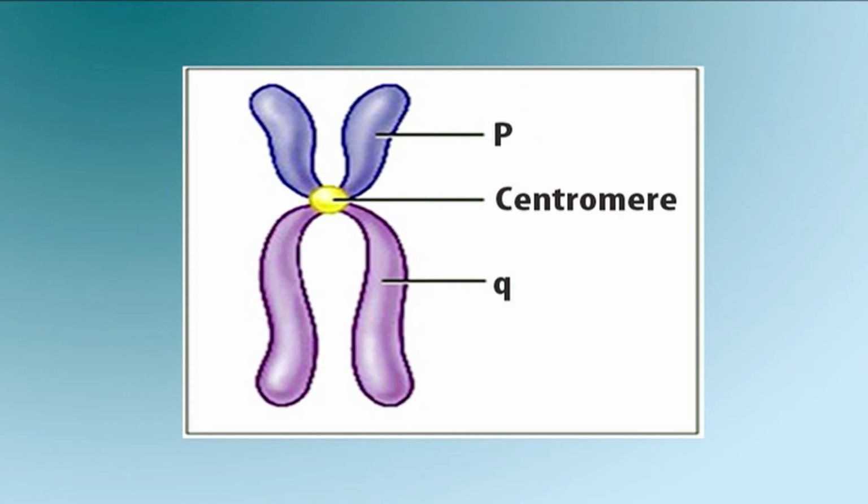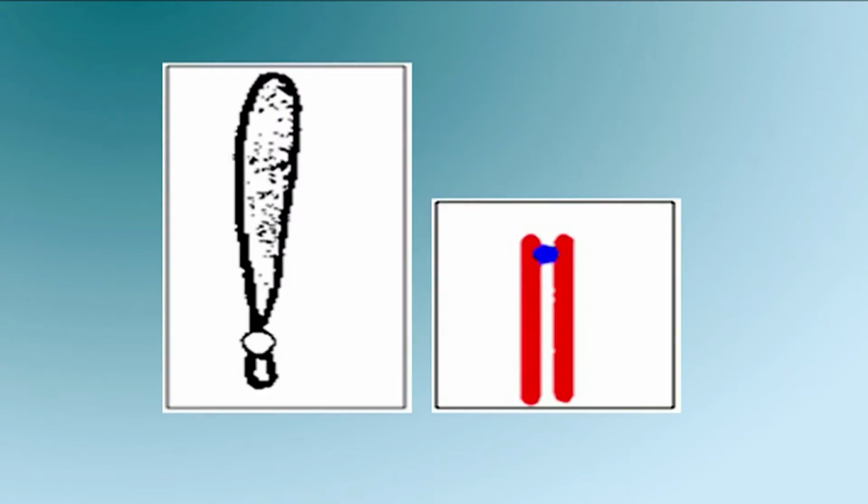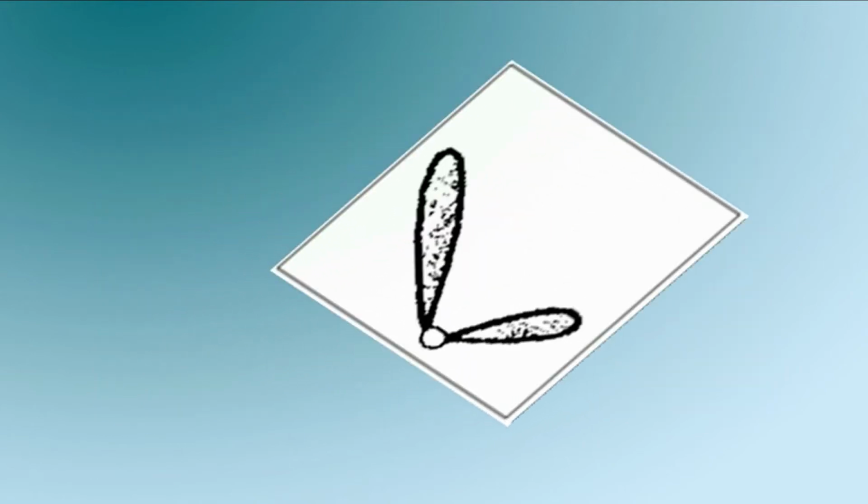The short chromosome arm is designated P, that is petite, and the long arm Q, one letter after P. Acrocentric. When the centromere is situated near one end, forming a long arm and a very short arm or even an imperceptible short arm, the chromosome appears rod-shaped. Submetacentric. When the centromere is situated slightly away from the middle, one arm of the chromosome will be shorter than the other, and such a chromosome will appear L-shaped during anaphasic movement.